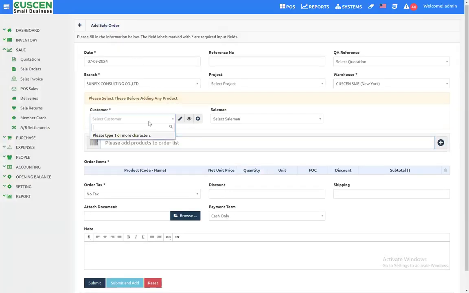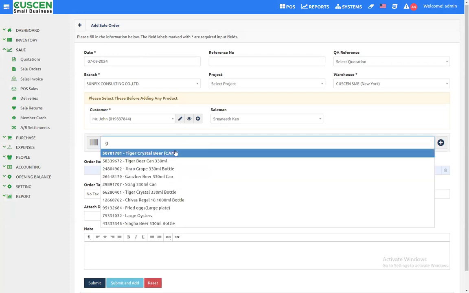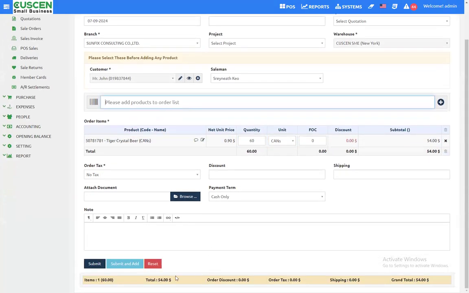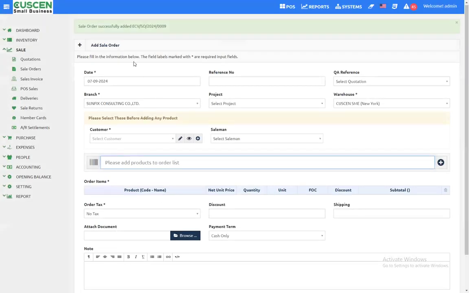select customer, Mr. John. Then we can select a salesman. We can put whatever we may need for the ordered items. So for this example, we'll be doing the beer cans. And again, we'll just be doing a random amount. And from there, we can click submit and add. And then from there, sales orders was successfully added. So if we go back into sales order here,